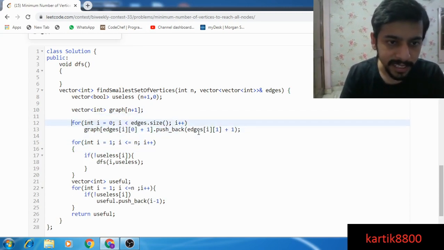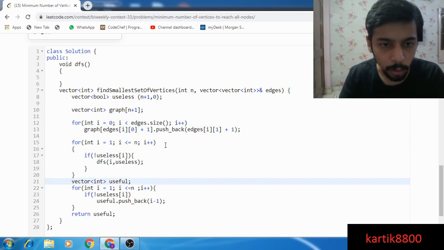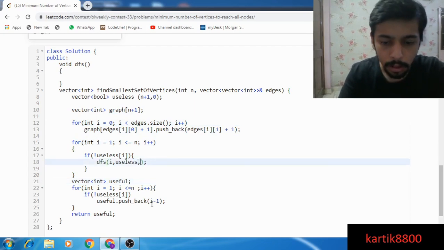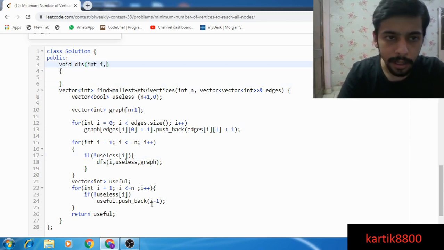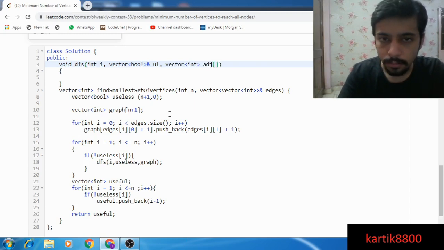Now I have a different representation, and this representation will be very useful for me in the DFS. Integer i. We have a vector of bools. And I have an array of vectors, an adjacency matrix.